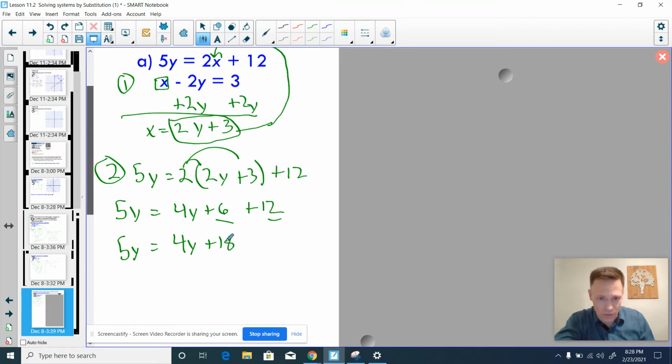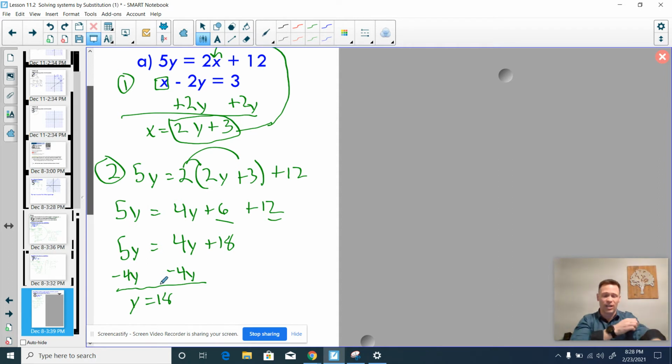Now I have to get all the y's on the same side, so I will subtract 4y to do that, which is kind of nice because in the end, I'm going to end up with just a y, and that'll be equal to 18. That is the end of step 2. I got y is equal to 18, so now I have to take that y equals 18, and at this